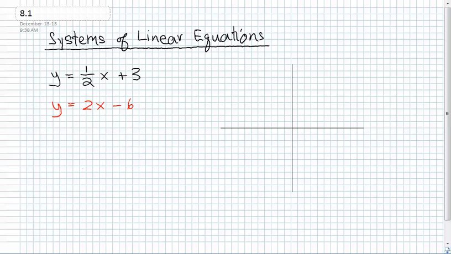So I'll do in black the top one there. Here's y equals 3 right there. And then the slope is 1/2. That means the rise is 1 and the run is 2. So 1 over 2, up 1 over 2. I'm just going to do that a whole bunch of times. Up 1 over 2, up 1 over 2, and just keep doing that. And you eventually get